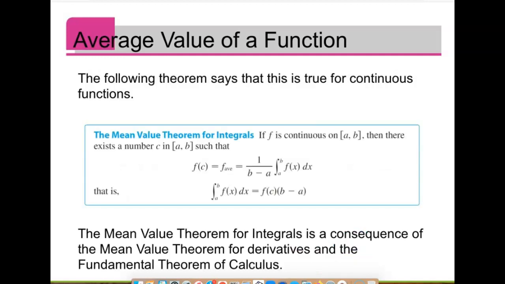Okay, so there's one more theorem, and this is the MVTI, the mean value theorem for integrals. It says, if a function is continuous from a to b, then there exists a number c on that interval such that f of c, which is the average value of the function, will equal the average value of the function, meaning whatever the average value of the function, there has to be a location on the interval where the function attains